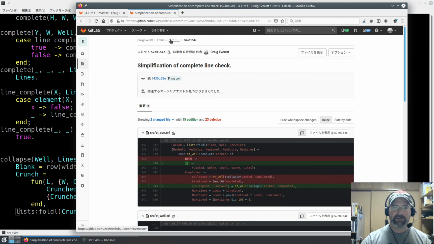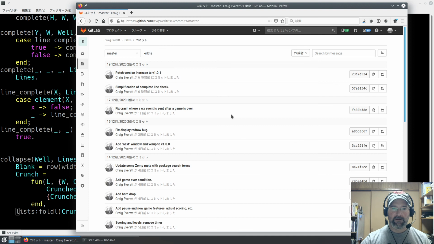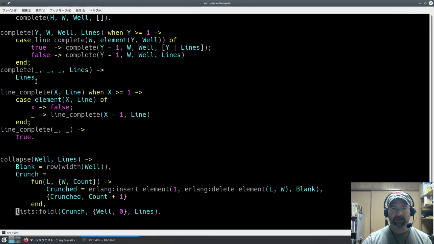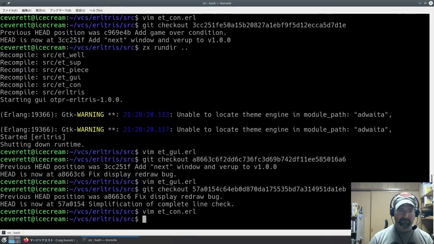Any kind of simplification like that is a nice thing. And then I increased the patch version, and I released this to Vapor on Zomp. So now if I do ZX run Vapor,